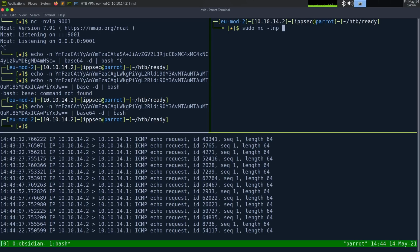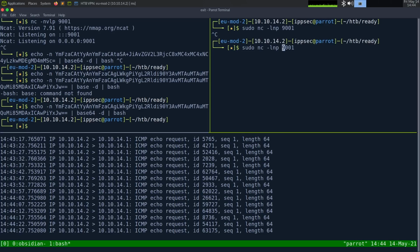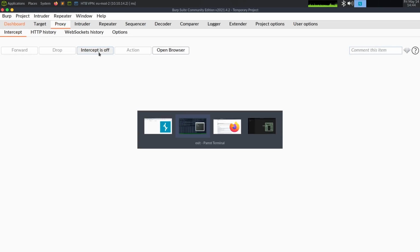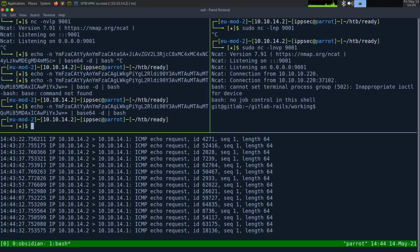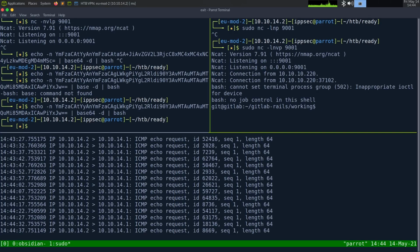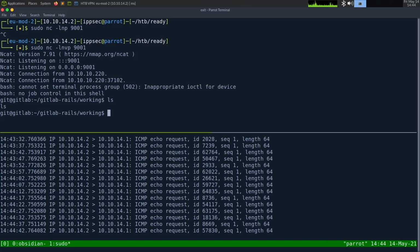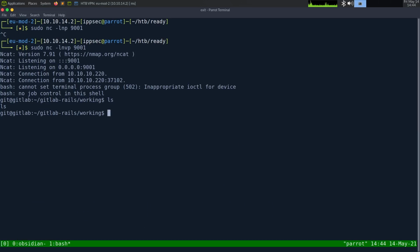Sudo nc -lvnp. I don't need it because it's 9001. It's not a privileged port, but have it anyways. Oh my god, that was it! The plus. Wow. That was like a long shot. It's probably me doing something else wrong in that, but if that actually was it and it converting it, actually I think it is because